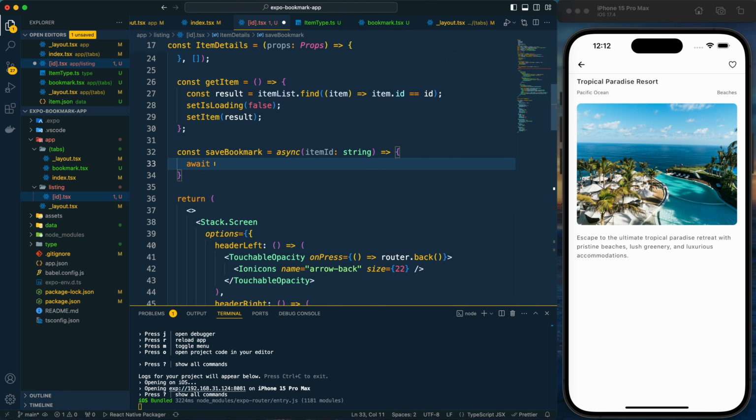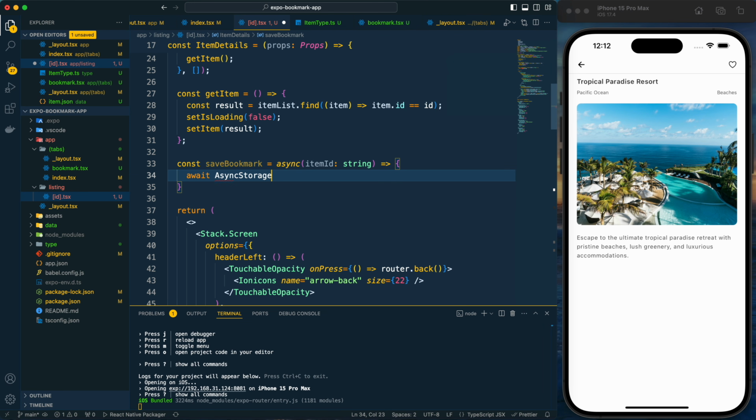So here with await I can provide async storage and I can get the item, and let's call the item as bookmark. In this bookmark item we will provide the item. I'm getting the item because it could not be the first item which I'm saving or bookmarking for this app. So let me implement it and then it will be clear to you.